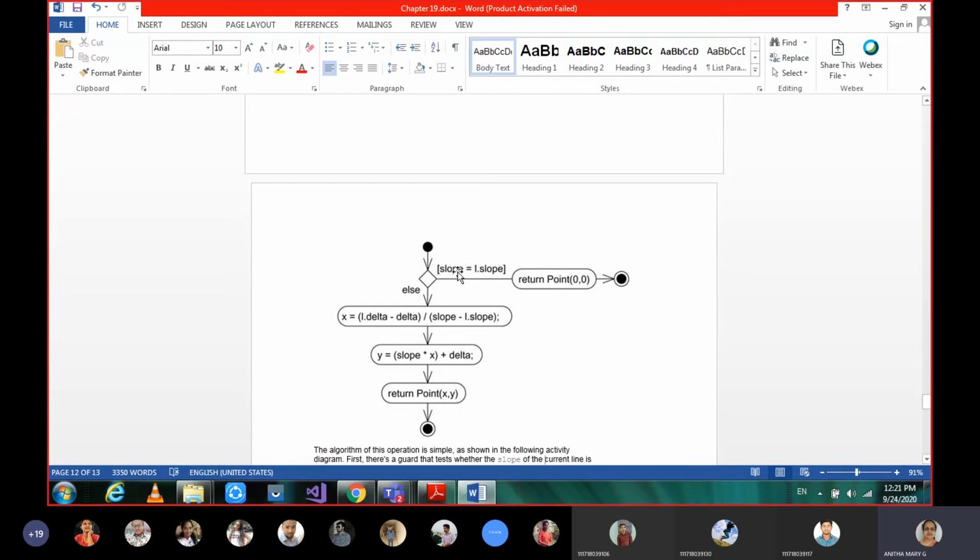First we check the slopes. If the slopes are equal, then it's nothing but 0 comma 0. If the slopes are different, then we calculate the x value and the y value, and then return the point as x comma y. Okay, so that is a scenario given for a particular operation.